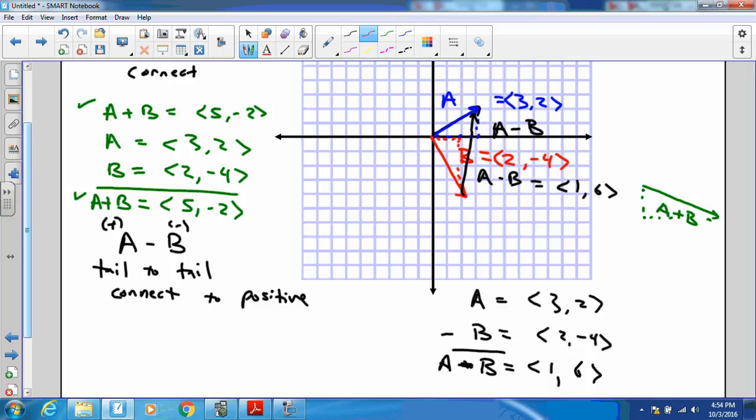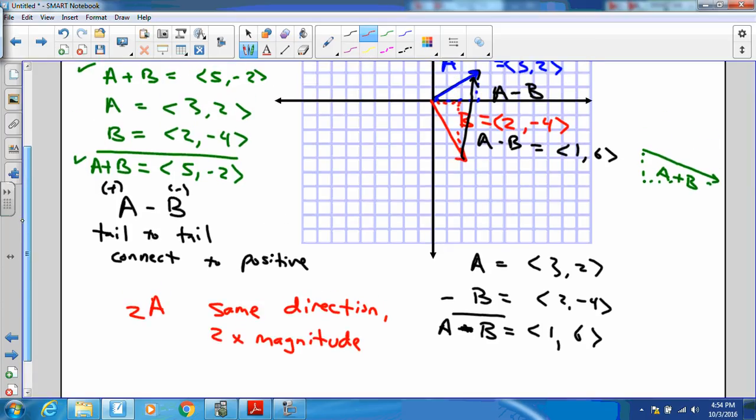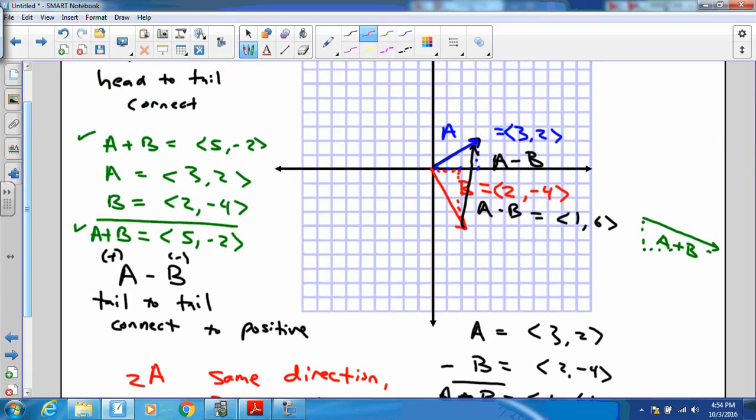And finally, for scalar multiplication. A scalar multiplication reflects a stretching of the vector. So if we multiply a times 2, we keep the same direction, but our magnitude is doubled. In other words, our vector stretches in length. And so, for example, if I wanted 2a, then the vector 2a would be found by taking a